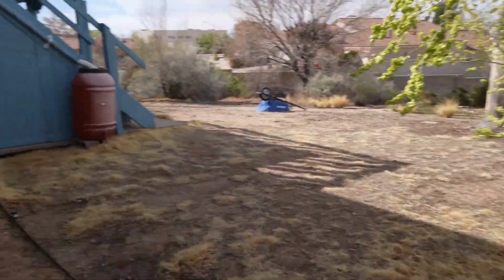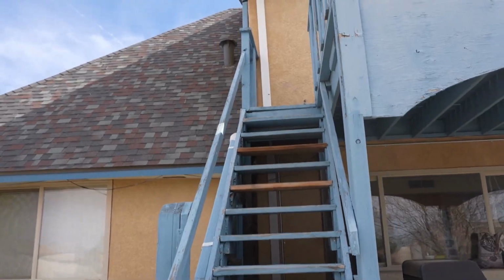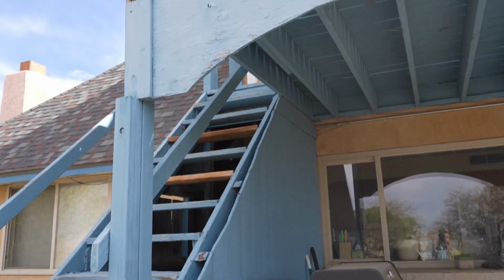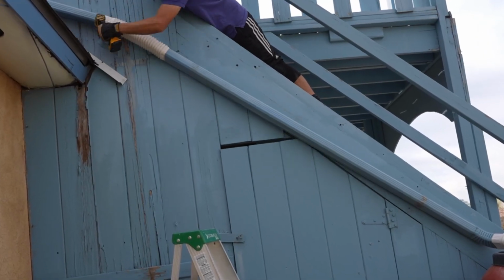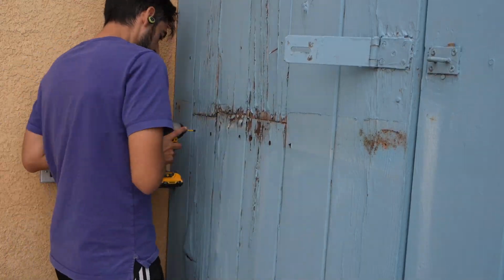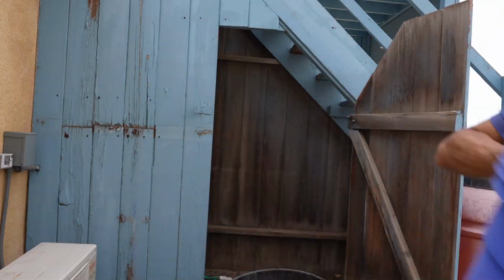I must admit that this job was a bit of a departure from my normal type of work, which is mainly indoor built-ins and furniture, but I was definitely intrigued at the prospect of doing some outdoor construction type work, and I've always found these types of projects to be incredibly valuable for learning and gaining experience at different kinds of builds. For this job, the client invited me over to take a look and said that he had another